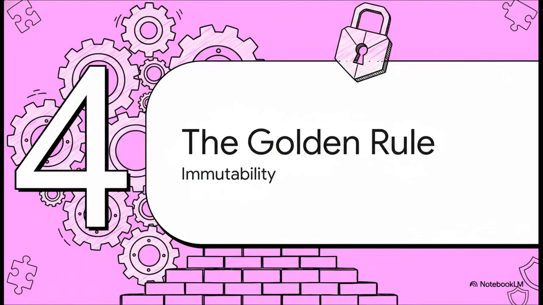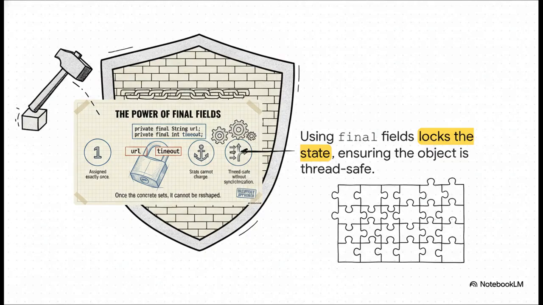Okay, now we get to the real payoff, the whole reason we go through this effort. True, rock-solid immutability. That little final keyword, that's our magic wand. It guarantees that once an object is built, its state is frozen in time. It cannot change, ever. And you know what that means? It's automatically thread safe. You can pass this object around in a multi-threaded environment without any locks or synchronization. Think about how many bugs that just